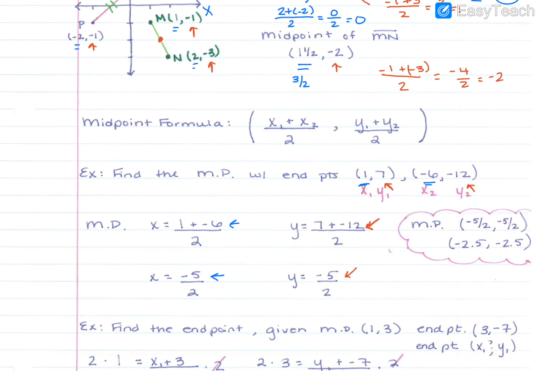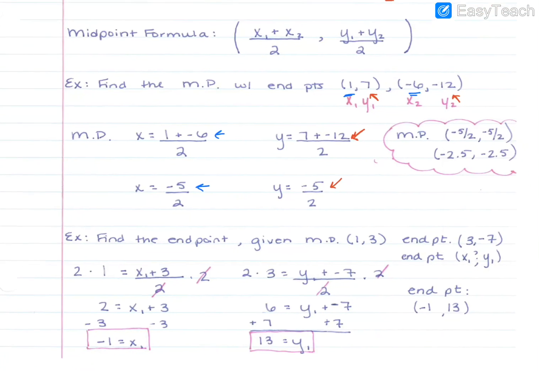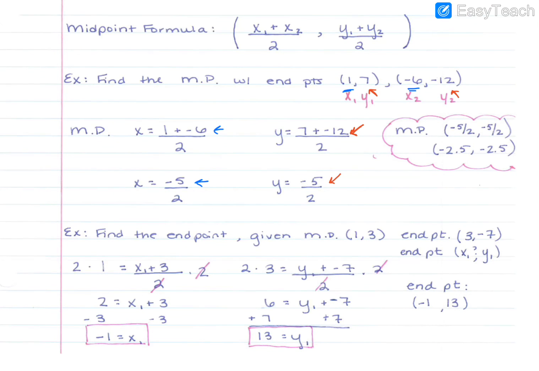Find the endpoint given a midpoint and an endpoint. Now this one is a little bit of solving, okay? So if the endpoint is what we're looking for, that's going to be filled into the equation. So using this equation, x equals this. The x that we got with our midpoint is 1. So you're going to set 1 equal to, let me show you what you originally have here. You originally have 1